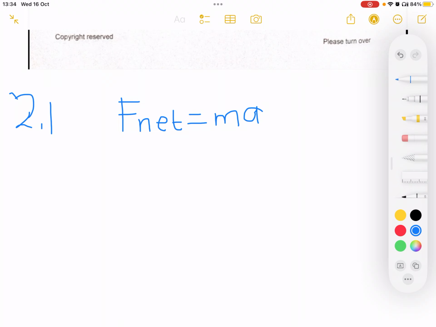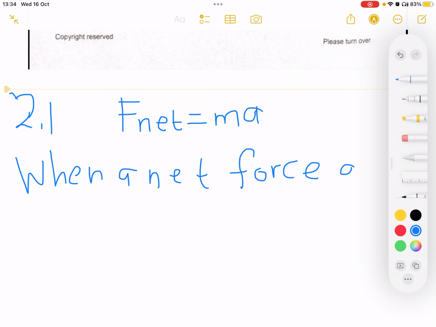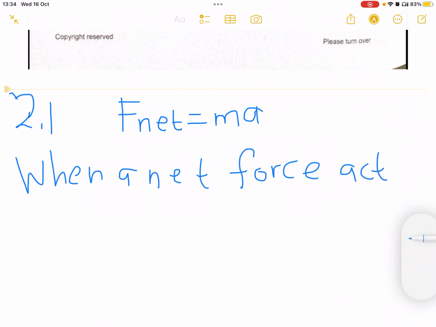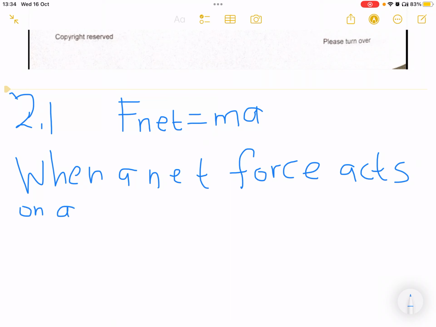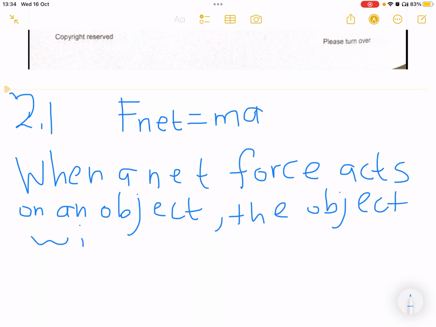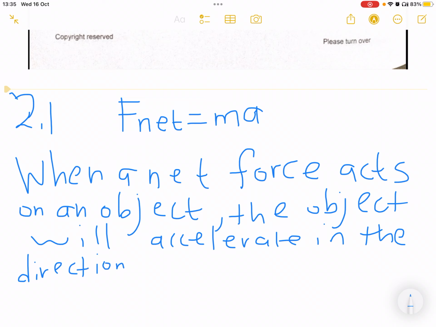So, Newton's second law of motion states that when a net force, excuse my handwriting, when a net force acts on an object, the object itself will accelerate in the direction of the force,